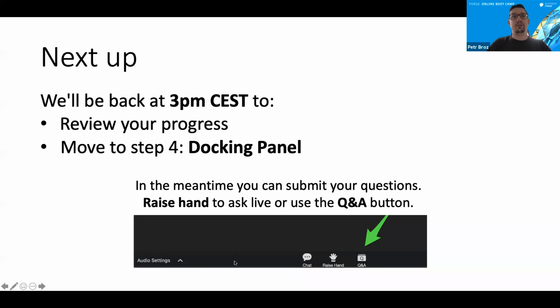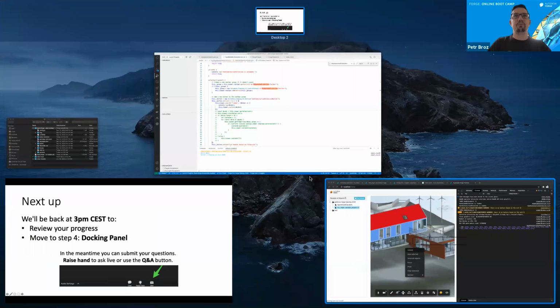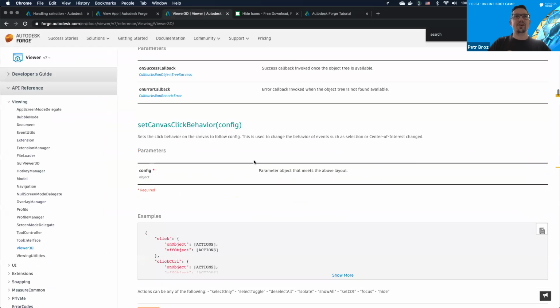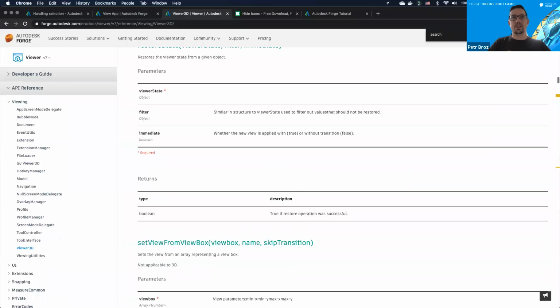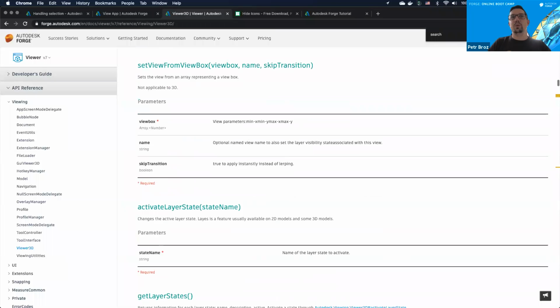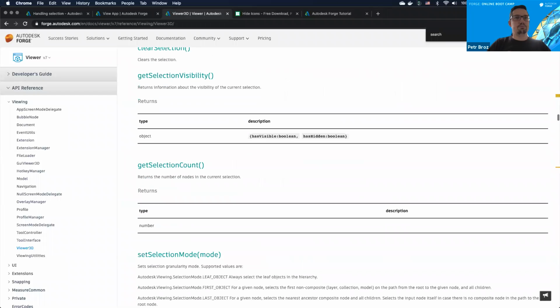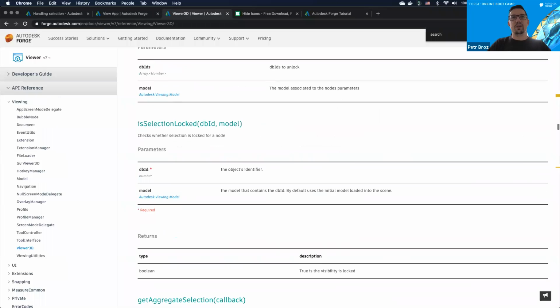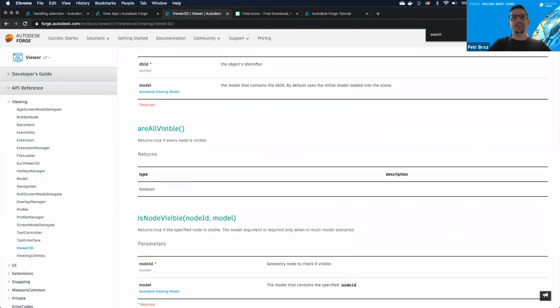And if you want to move ahead, you can always go back to the API reference and start looking at some of the other APIs available on the viewer 3D class and see if maybe you want to change colors of things, or, I can't think of other good examples of things you might want to do inside viewer, maybe